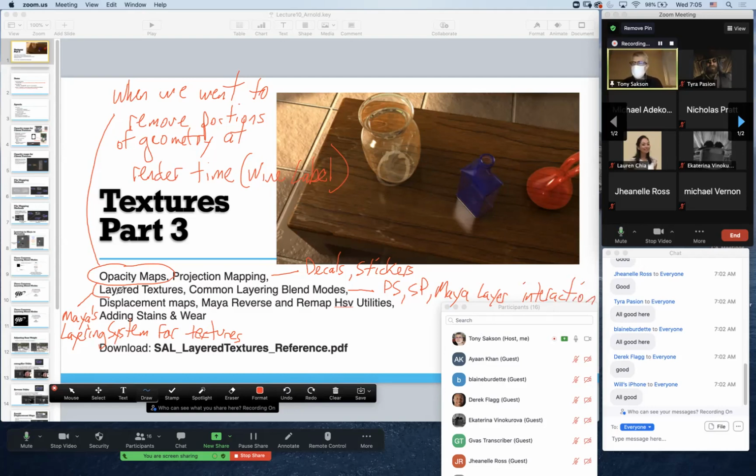We probably won't get to displacement maps. We'll probably leave that. There's a Maya reverse utility. This one is probably one of the most used utilities next to the bump and also next to the gamma correct that we used for glass. So this allows us to desaturate oversaturated images